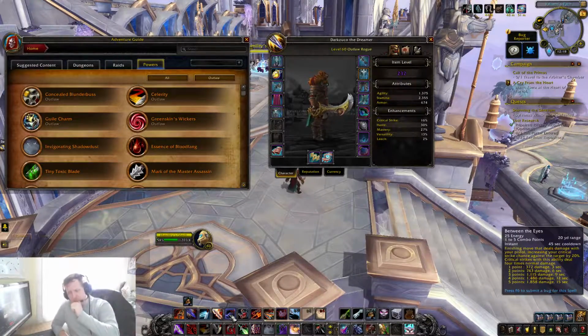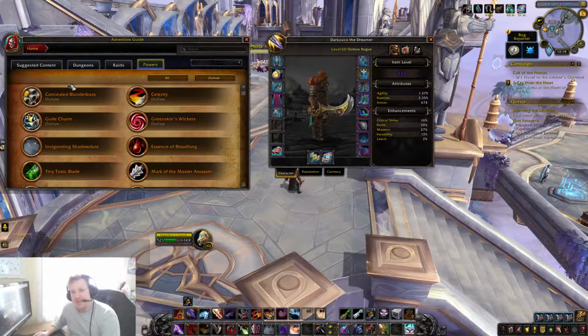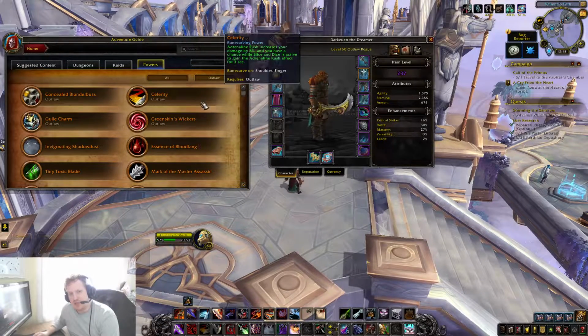Remember, Between the Eyes is actually very strong because it crits with 4 times the normal amount of damage, right? So it also increases your crit chance by 20%. So if you have the Between the Eyes buff rolling, you might get an instant reset on it, and then that second Between the Eyes shot is going to almost have a guaranteed chance to crit and do 4 times the damage. So there might be something to play around with here with Concealed Blunderbuss, but you know, Celerity is